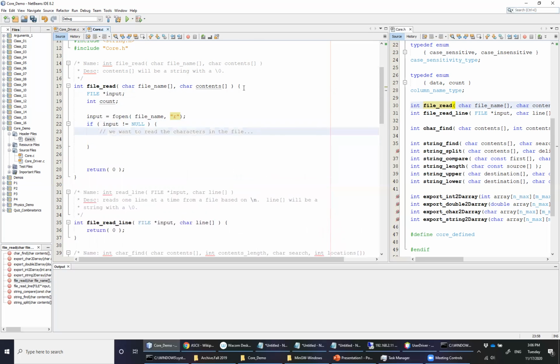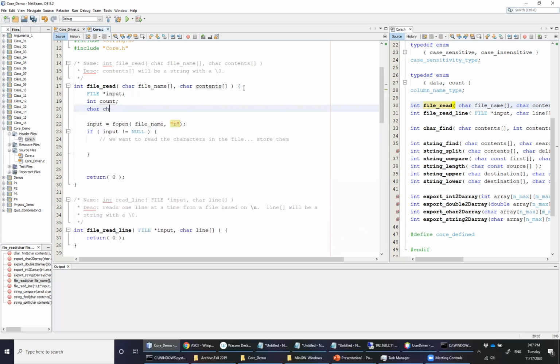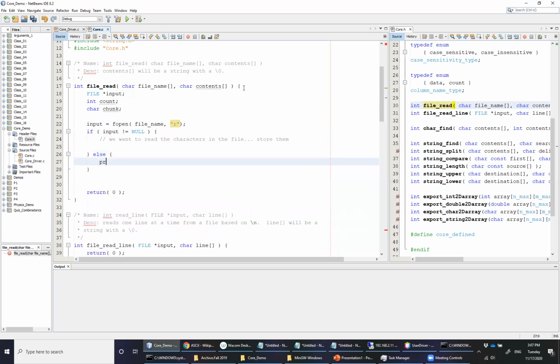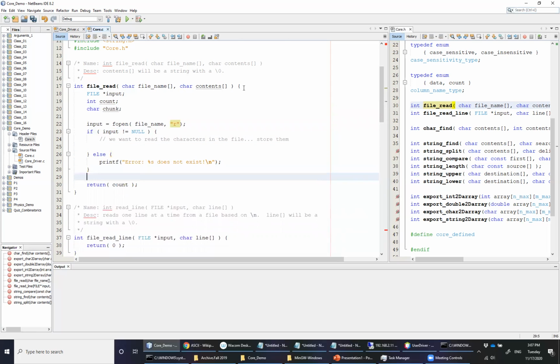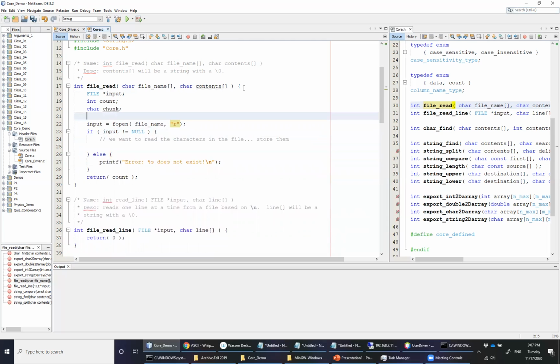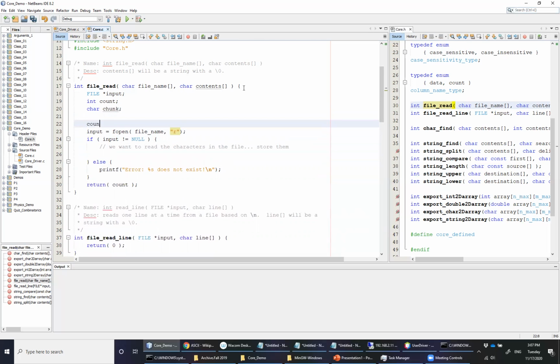And we want to store them, which means that we're going to need one more temporary variable, and we're going to just simply call that chunk. And then if the file does not exist, we'd like to notify the user: error, %s does not exist. And in either case, we want to return the total number of characters that were pulled out of the file, or the count. And so in order to be able to do this, we want to initialize count